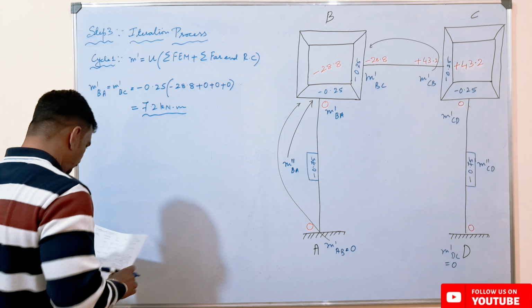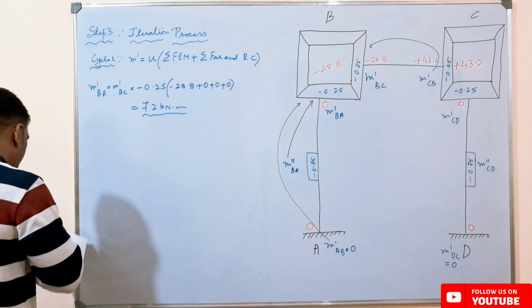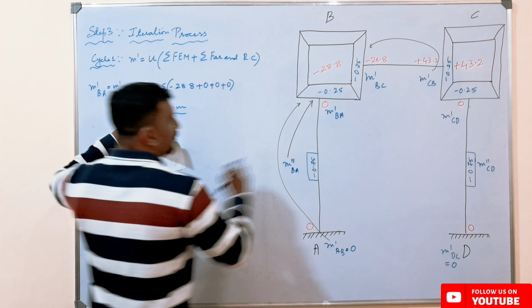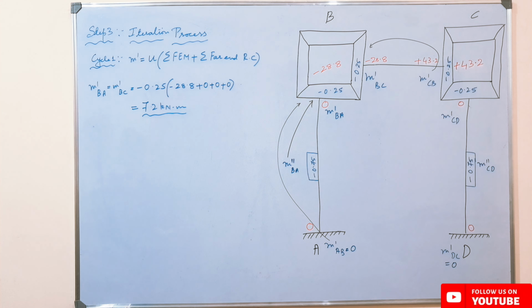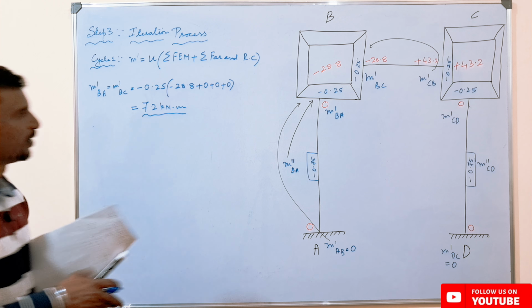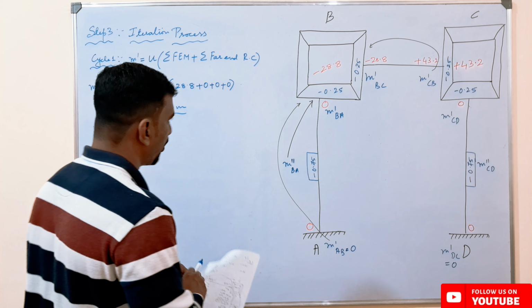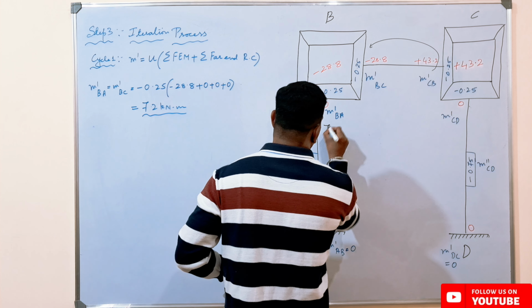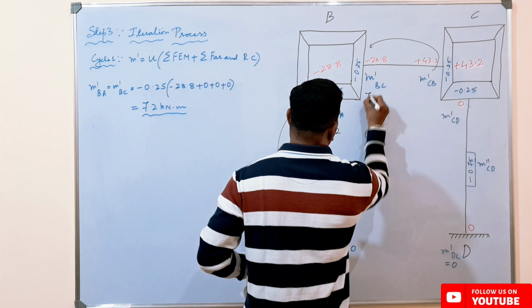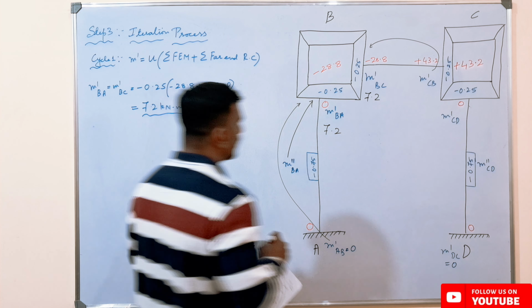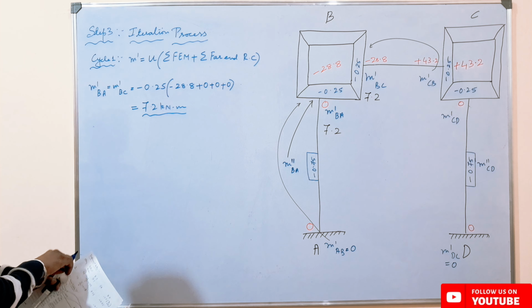So this is the value 7.2 kilonewton meters. This value we will write over here, that is M dash BA, we are having a value of 7.2 over here. Here also it is 7.2. So now we need to calculate the